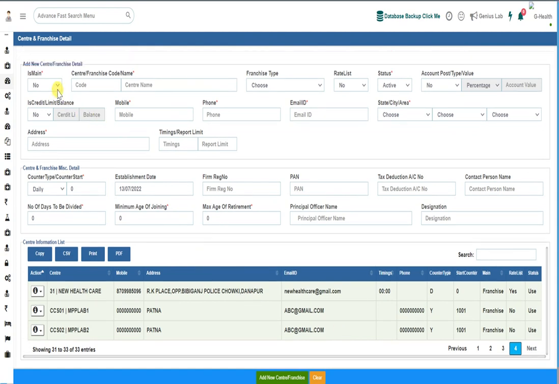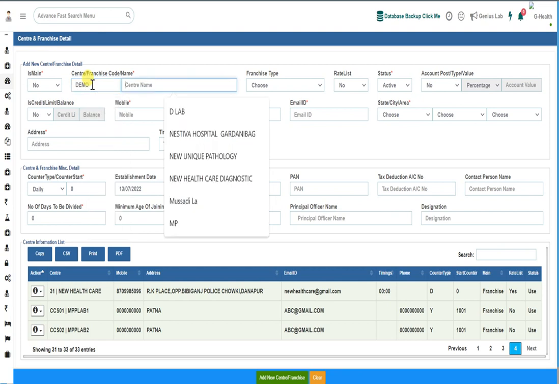How to create one? First of all, is the center you have registered a main center or a franchisee center? If you are a sample collection center, then you should choose yes, otherwise no. If you choose no, it is a franchisee.